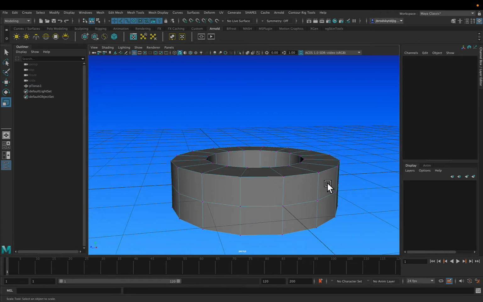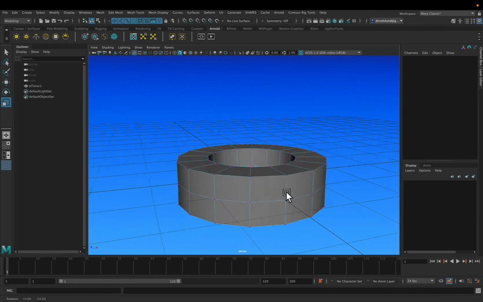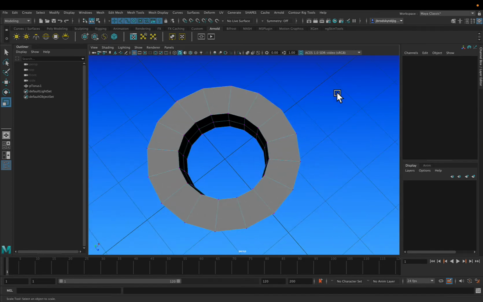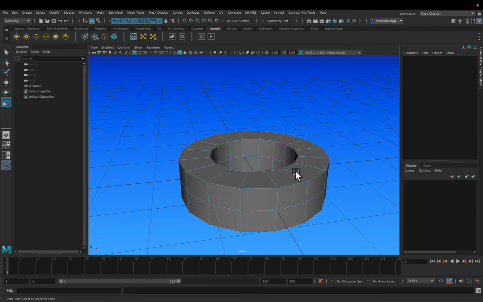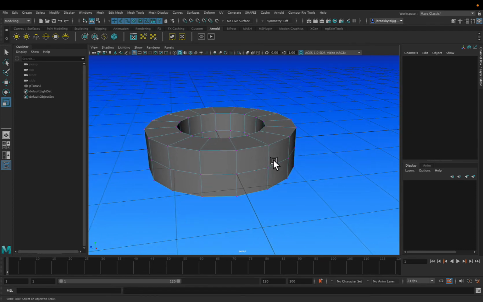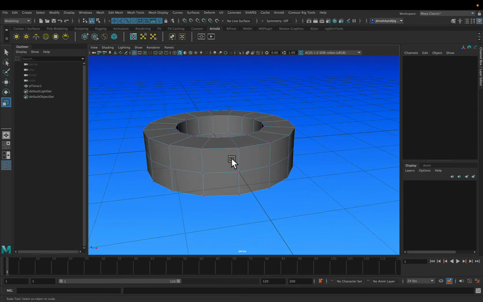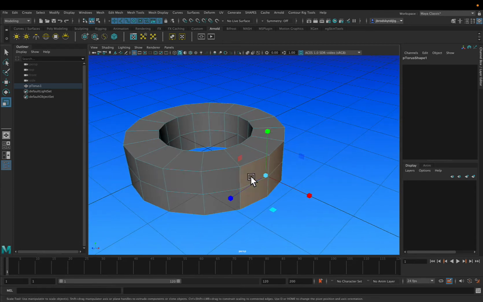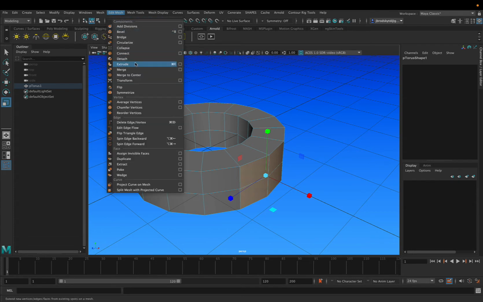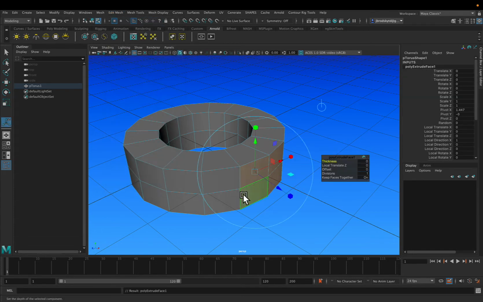So now we need some kind of structure coming off of this to attach to the piston, let's say. So I'm going to grab some faces that are along the lines of one of these main grid lines. So I'll right click, go to face. I'll click on this one, hold down the shift key, add that face and this face. And then I'll go to extrude these. So I'll go to edit mesh, extrude,